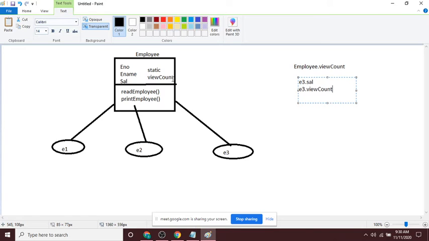Girls, are you understanding what I'm telling you? Yes, sir. For example, you are having a textbook, and the textbook is shared by all the students. If one student writes her own name on the textbook, can all the other students see the same name which was written there? Yes, sir. That means it is shared. If one person is modifying the data, it is seen by other people in terms of class variables. Whereas in terms of object variables, it is independent to each and every object. That means we can do whatever we want. Understood?